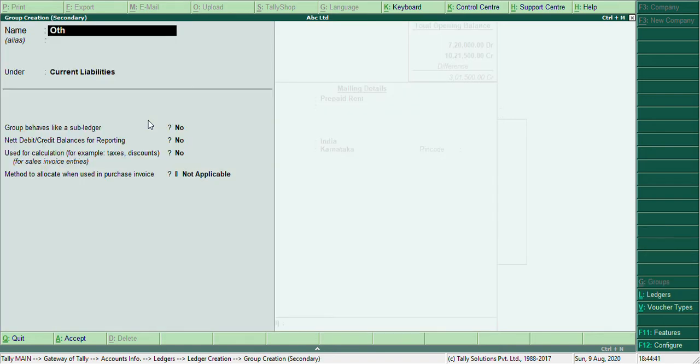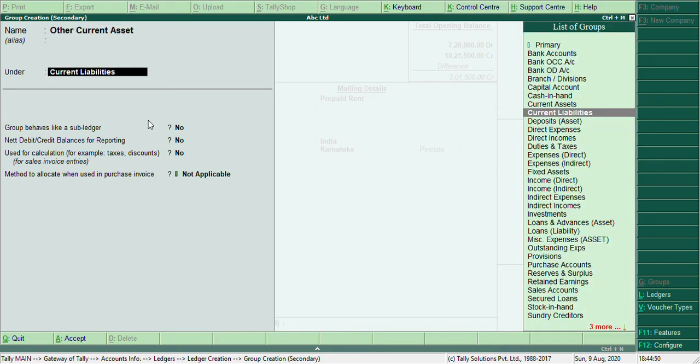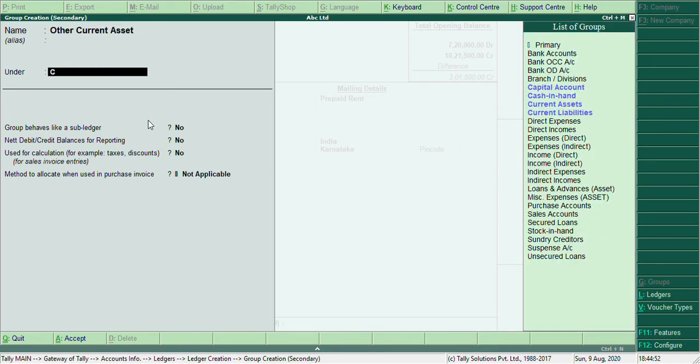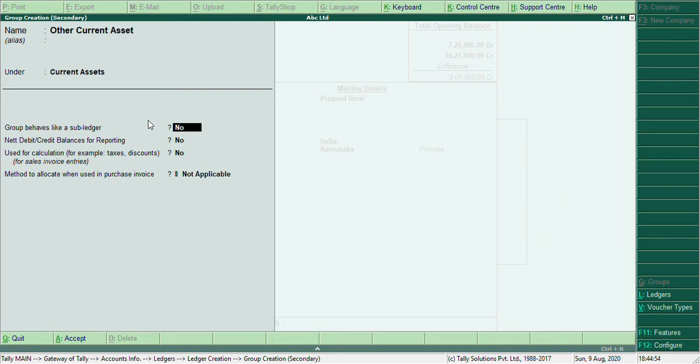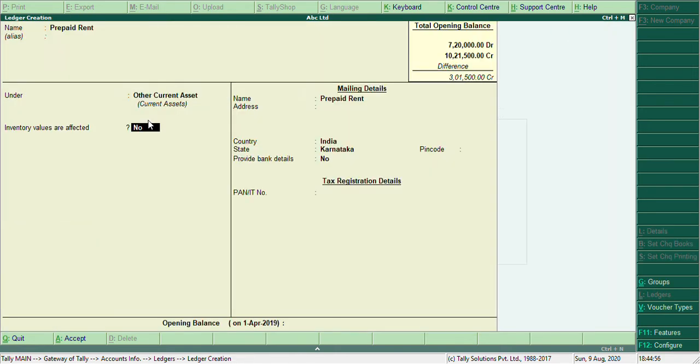So the name of the group is other current asset, under the group of current assets, with the opening balance of 6,500.